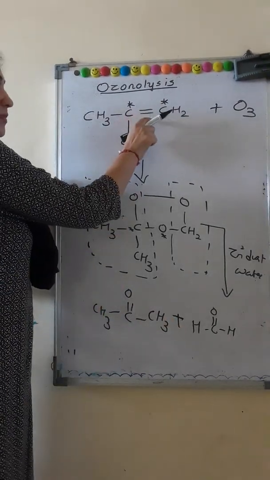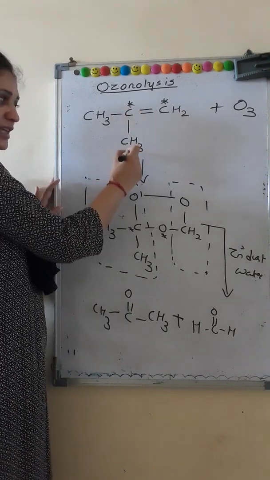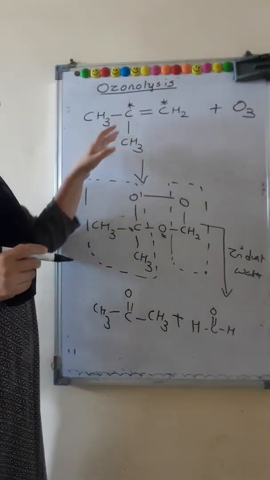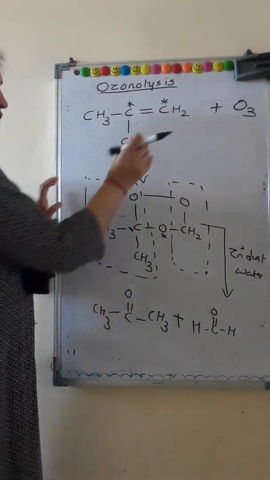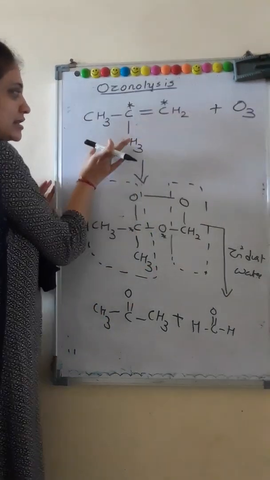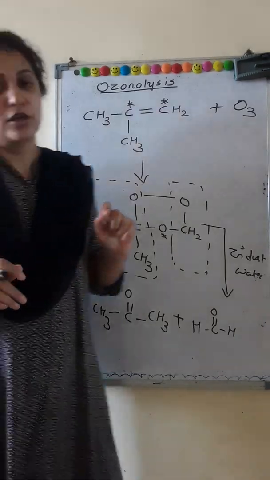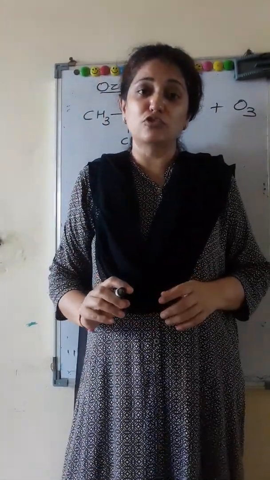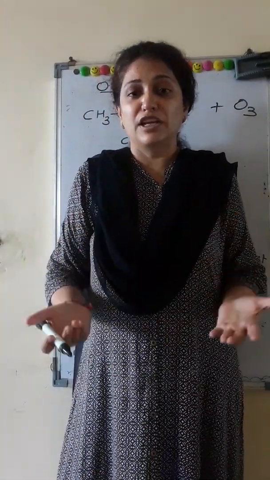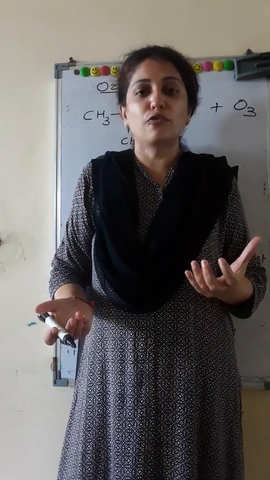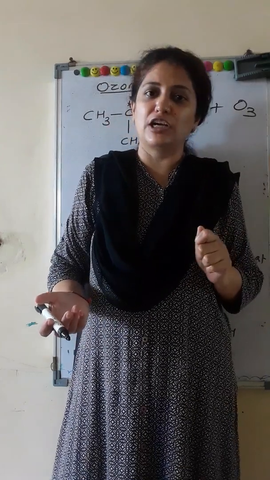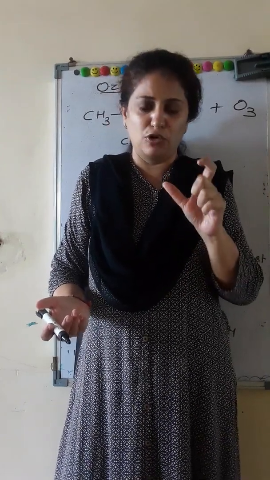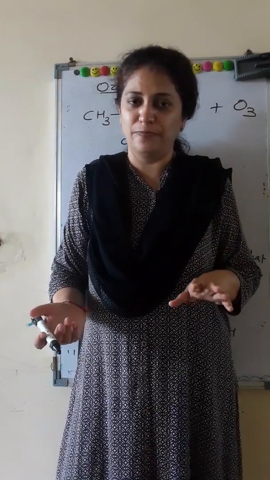So if the double bonded carbon atom has a branch, we get a ketone. If it doesn't have a branch on it, we get an aldehyde. So this fragment gave us an aldehyde and this fragment gave us a ketone. So this way, if you are asked to obtain only a ketone as a product, you have to form the double bond carbon in such a way that it contains a branch carbon atom over it. Across the double bond, there is a branch also.